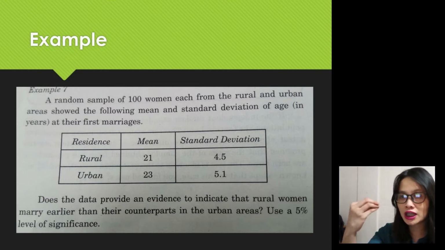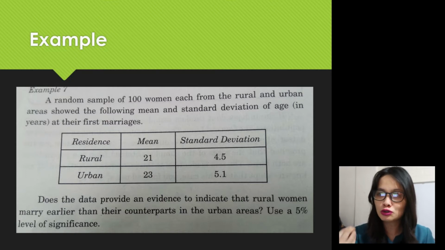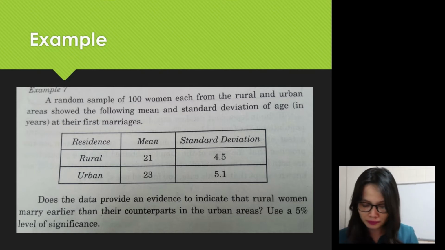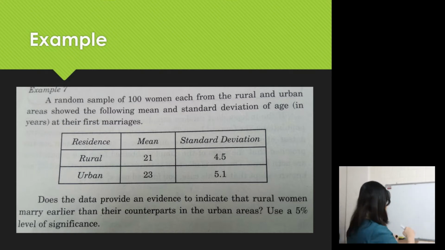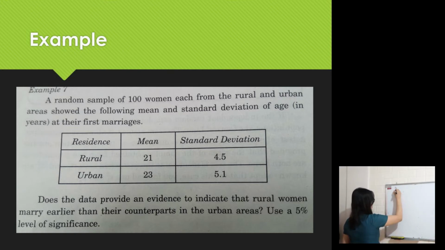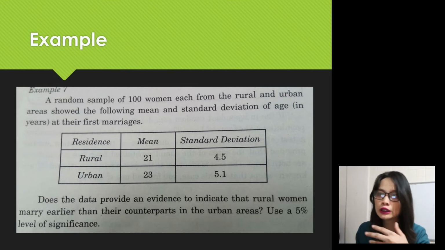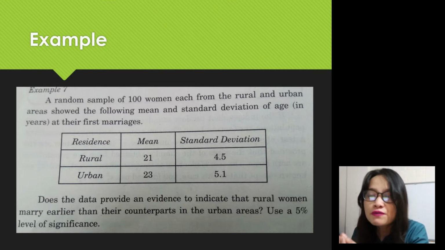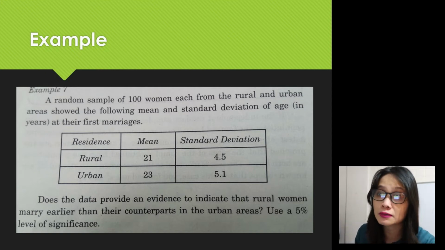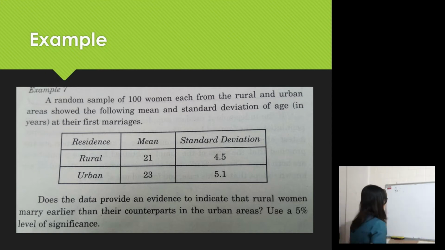Of course, in hypothesis testing, we need to come up with 5 procedures. First procedure, we need to formulate your null and your alternative hypothesis. So that's the first procedure. Here we go. First procedure, formulate your null and alternative hypothesis. So we have your null hypothesis. Since we're talking about two populations, the difference of two populations, first you need to write the statement before the symbol. So your statement will be,